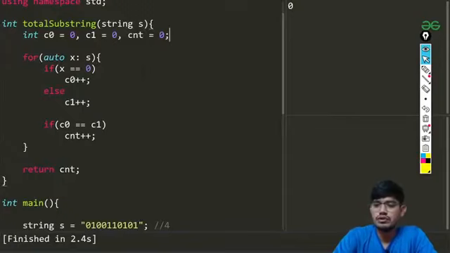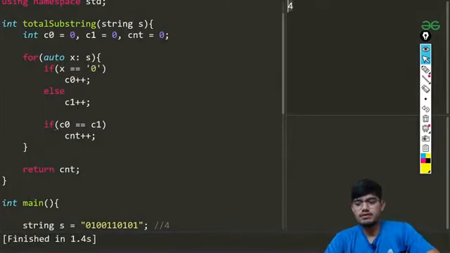Let me just check once again. If my x becomes equal to, that should not be 0, that should be the string 0. So now it should work fine.